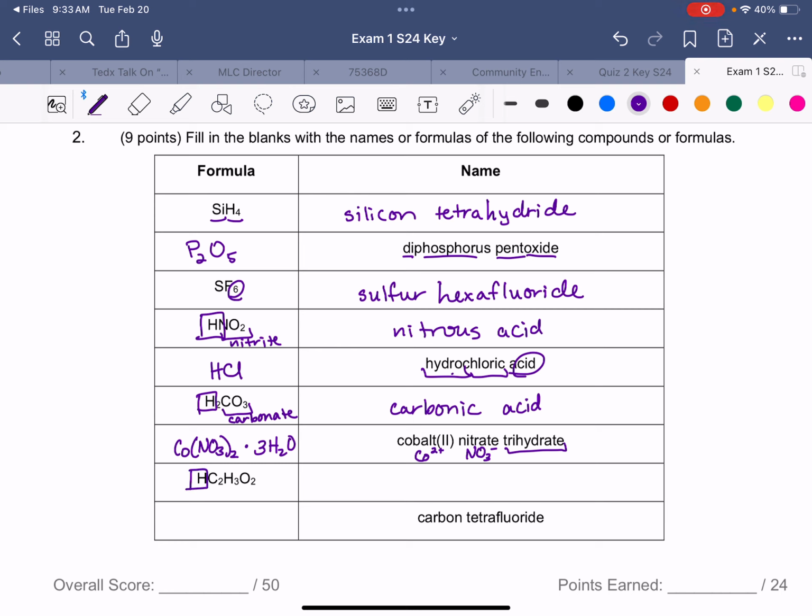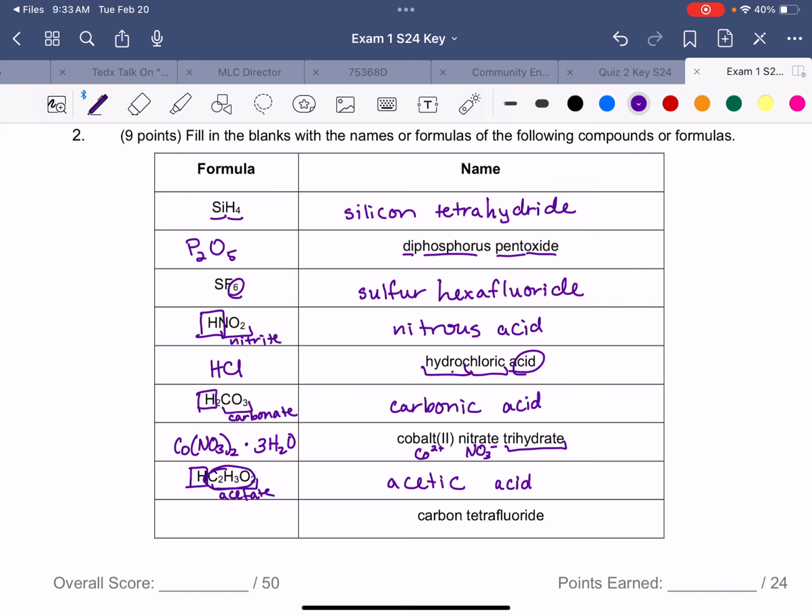Then, again, an H in front. That tells us we have an acid, and this ion right here is acetate, so we got acetic acid. And I reminded you when we were practicing naming that I would never ask you to name more than 2 atoms. So in an acid like this, we have to name all of these atoms as the